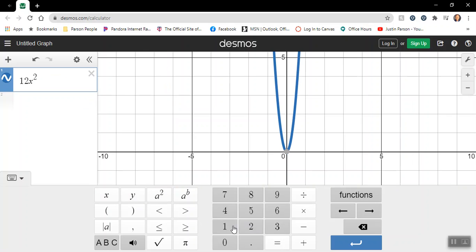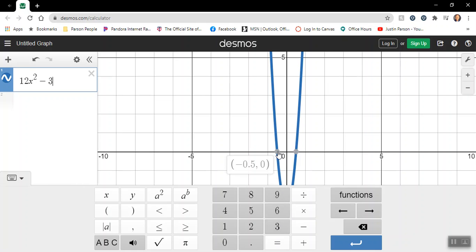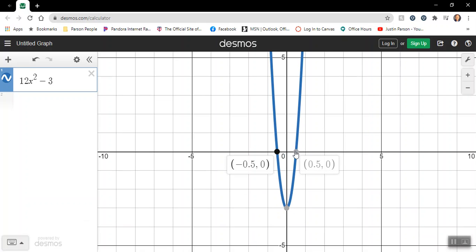squared minus 3. Check your zeros here and here. What are those values, kids? -1/2 and +1/2. Does that match what we got algebraically? Yes. Okay, do you make the connection there? Yes. All right. Hey, I think that's a good place to stop today. We'll pick up that last